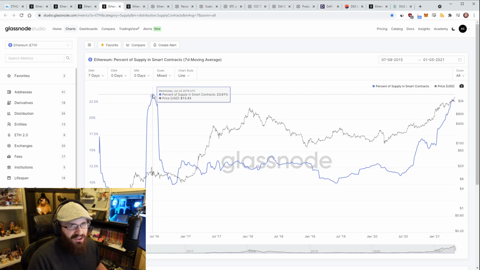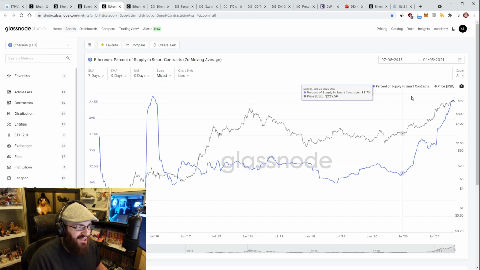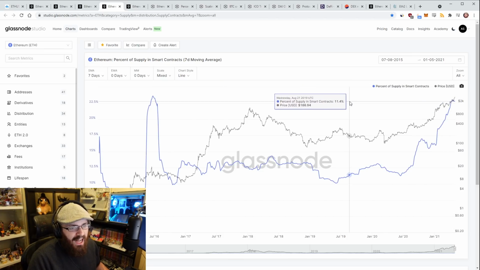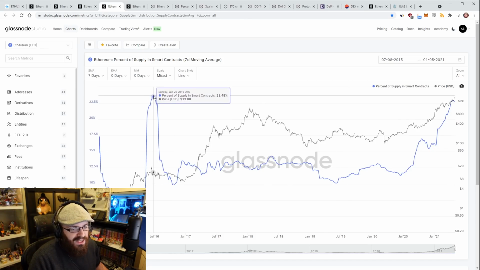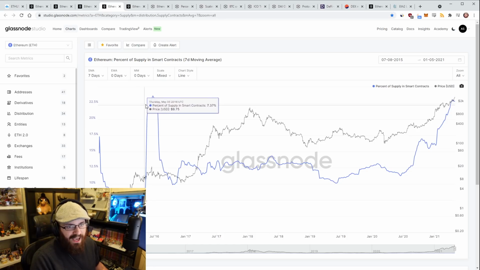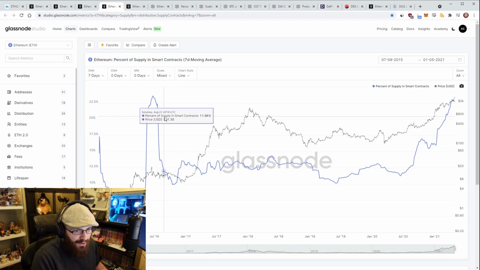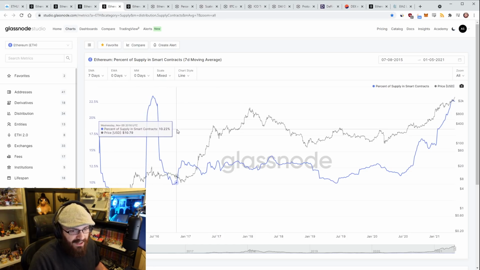So it's not even $1 billion if I'm doing my math right there. So yeah, you can see the stark difference here. And I think that's simply because there wasn't much reason to put your ETH into smart contracts back here besides the DAO. You can see the spike of the DAO, and then the DAO hack happened, and then all the ETH kind of got drained out again. Or at least most of it got drained out again there.